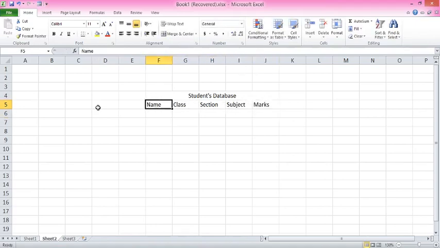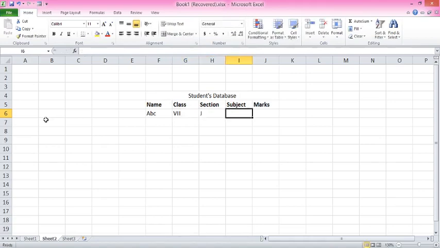So these all are considered as the field names or the headers which provide the instructions to the user to enter that particular information in the cells following them. In the cell under name field, I will be filling the name of the student. In the field under class, we'll be filling the class.